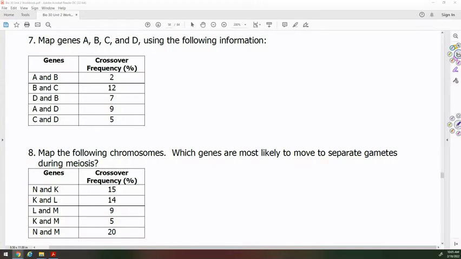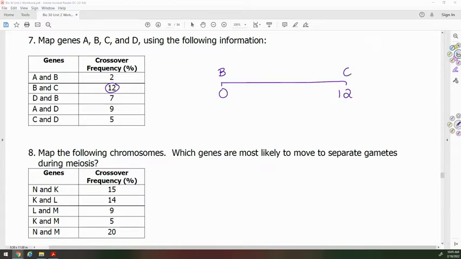Let's look at number 7. We're going to map genes A, B, C, and D using the following information. We're going to start with the biggest number. Genes B and C are a distance of 12 apart. So I'm going to put B at one end of my number line at 0 and C at the other